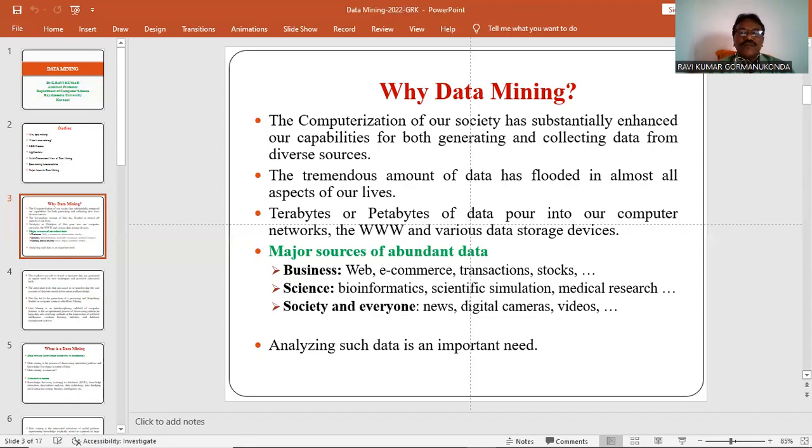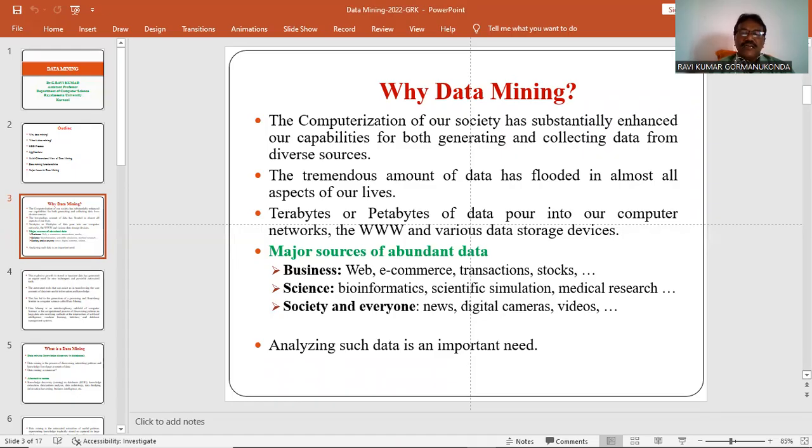This tremendous amount of data has flooded in almost every aspect of our lives. The data may be terabytes or petabytes of data pouring into our computer networks, World Wide Web, and other information storage devices.